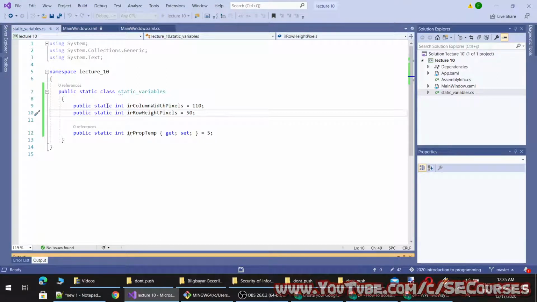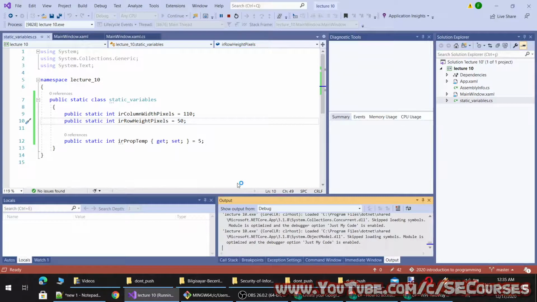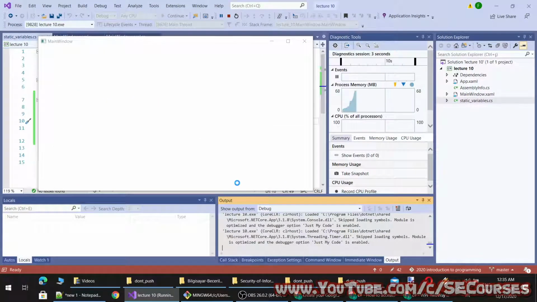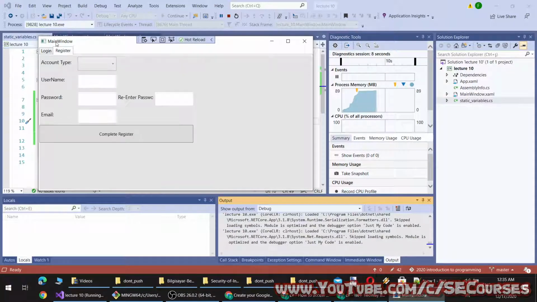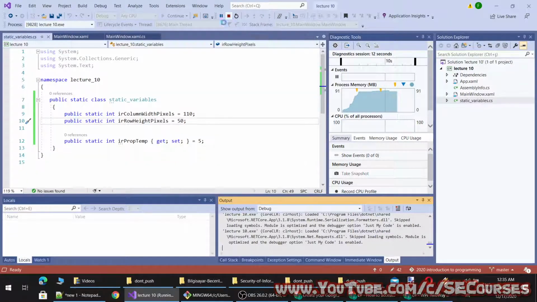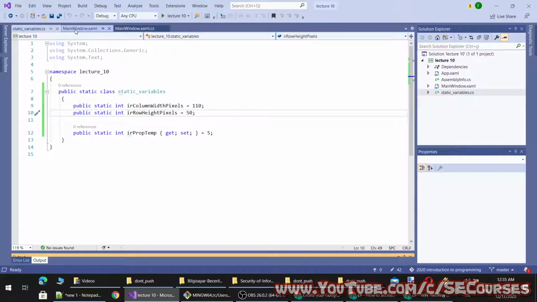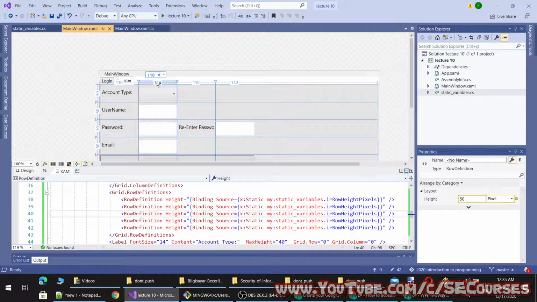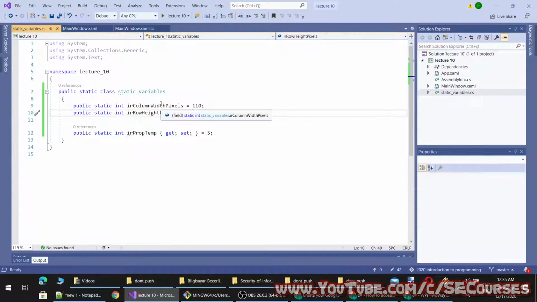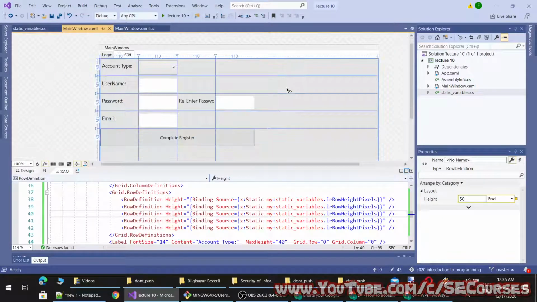Maybe it requires string instead of integers. I will change that. Okay. Nice. Now it is working as expected. So it gets updated according to our new variables. You see 110 and 50. So let's change them to like this. Okay. So we have made it work.